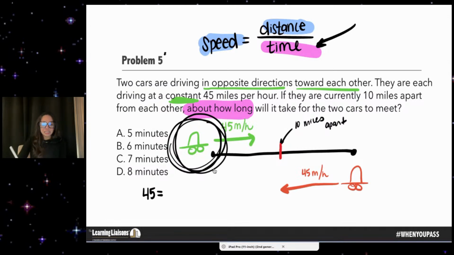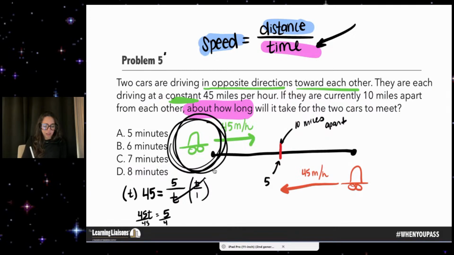The distance is going to be 5 because they're going to meet at that middle point. So 5 over time. How do I get time by itself? Multiply both sides by time over 1, and that cancels. So 45 time equals 5. Divide both sides by 45. Time equals